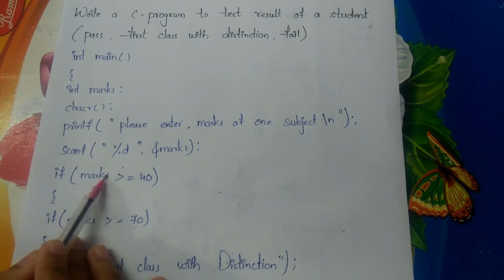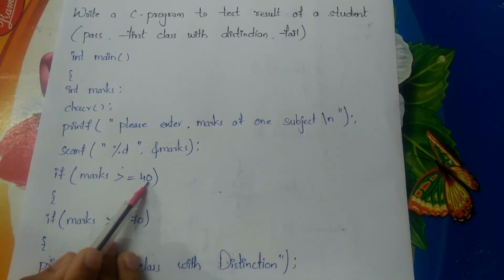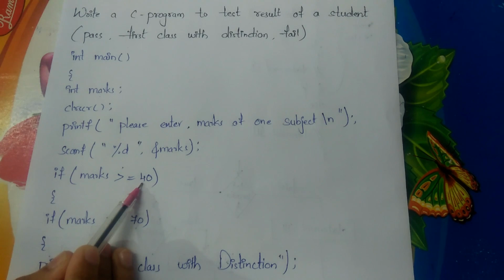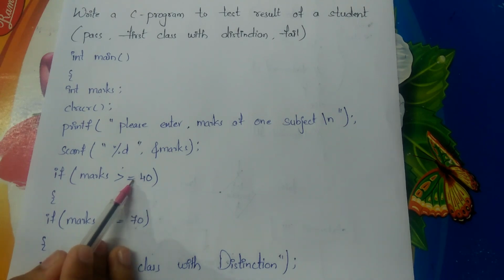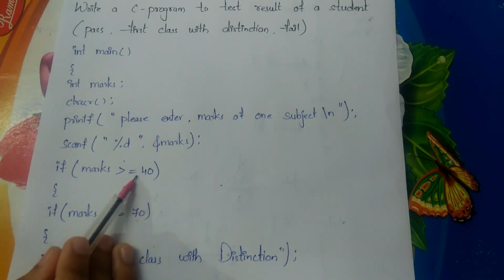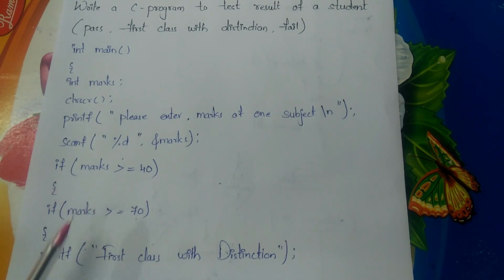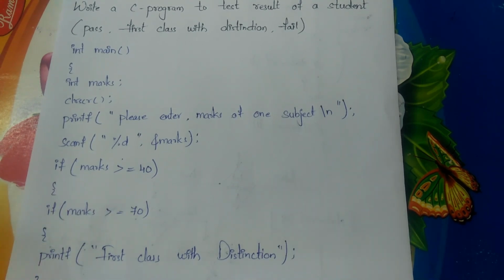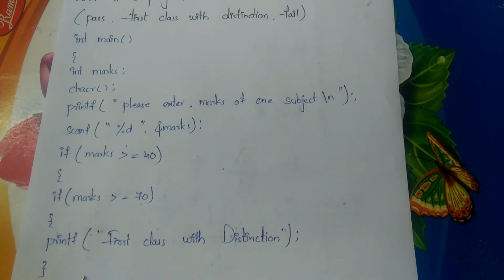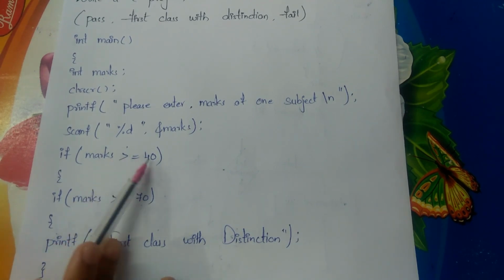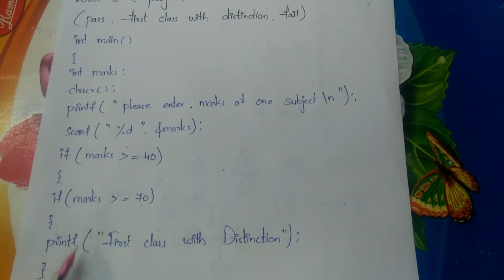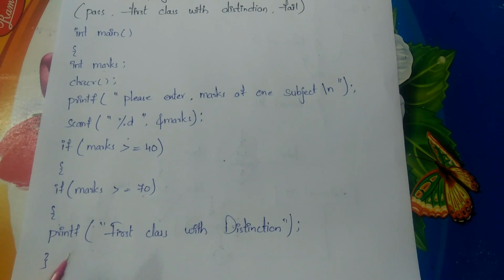Now if marks are greater than 40, first this condition will be evaluated. Now after this condition, in the if itself I am writing one more if else statement. So here we have the if. Now in this, if marks are greater than 40, then this statement will be executed, and after this we have